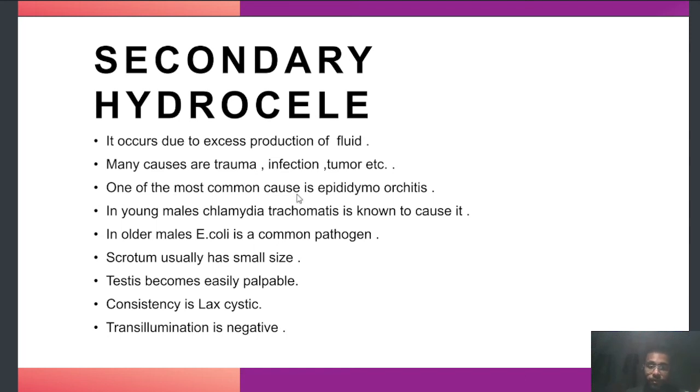One of the most common causes is epididymo-orchitis. What happens in this is that the scrotal sac actually becomes big, and this is a painless swelling. In young males, as they are more sexually active, one of the most important causes of infection is Chlamydia trachomatis, whereas in older males, as they